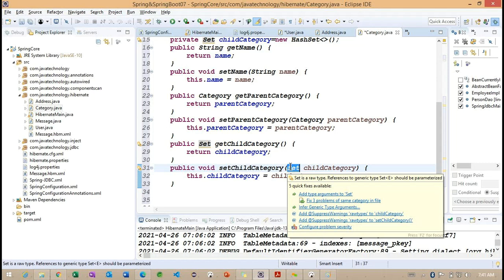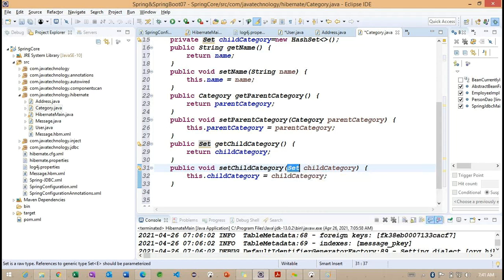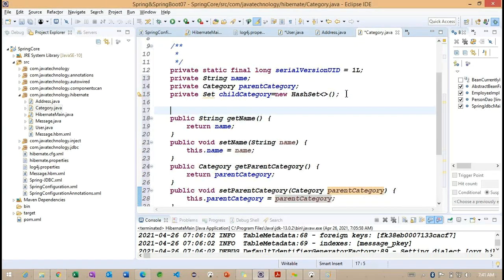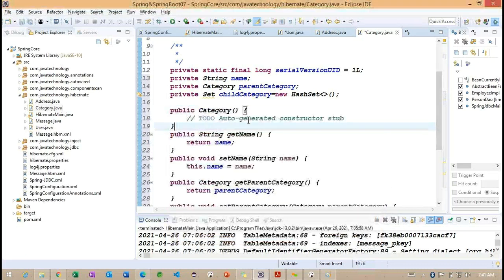But how is this object going to be created? Hibernate is going to create an object of HashSet here, because HashSet is one of the implementations of this interface. Later, we are going to work with a name here. So set name and get name. And we need to provide the default constructor. So these are about the default constructor.